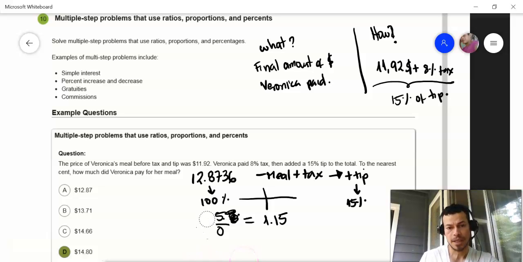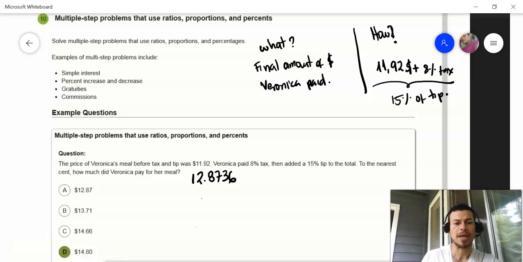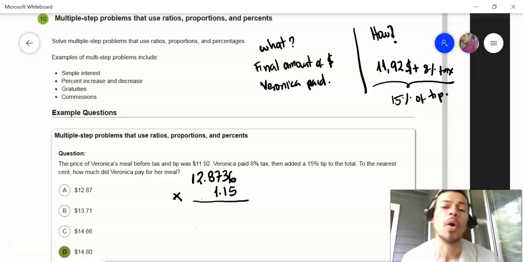Let's clean this now, because you know where we get that information from. Okay, so let's clear all of this. Okay, and now let's multiply 12.8736 by 1.15. So let's multiply this by 1.15. Okay, so let's start